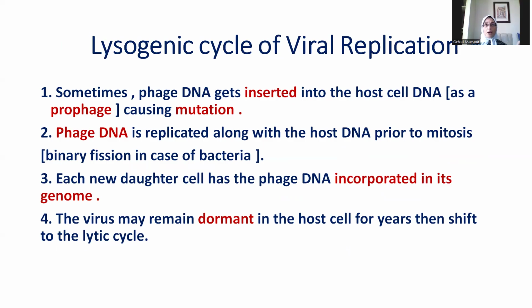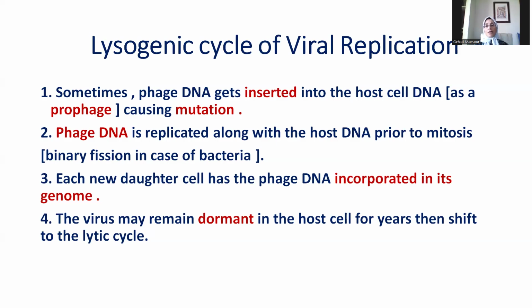But in the lysogenic cycle, sometimes some viruses like the bacteriophage do both, meaning that in some hosts, like in liver cells, for example, in human beings, the hepatitis virus, not the bacteriophage. The bacteriophage can do the lysogenic cycle in bacteria, but the hepatitis virus can do the lysogenic cycle in human beings, in liver cells. During an attack of hepatitis, it attaches its DNA to the DNA of the host. It causes mutation. This is what we call the prophage. The prophage causes mutation, and it might result in cancer later.